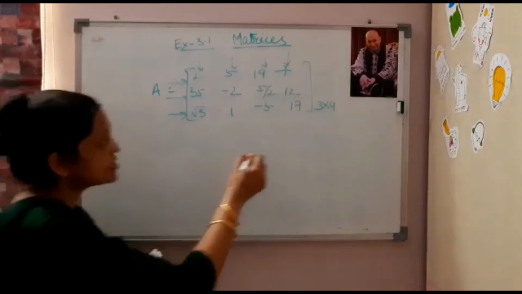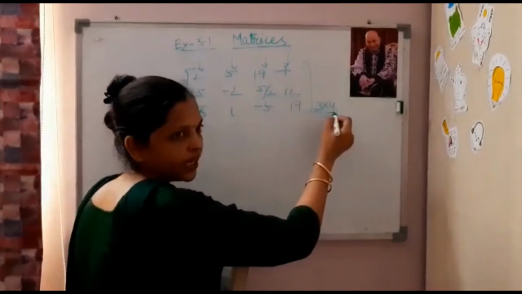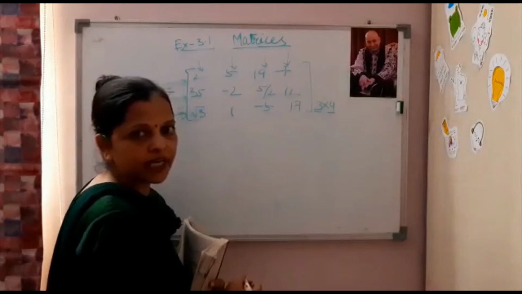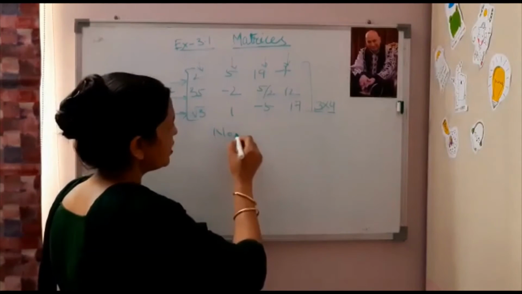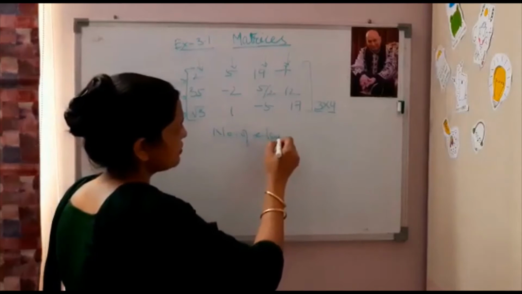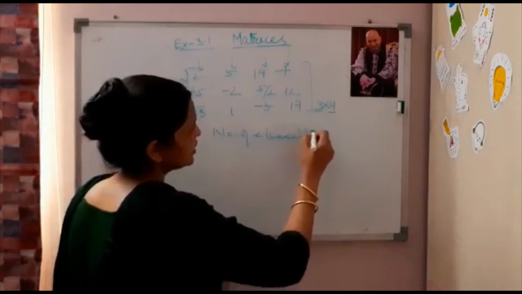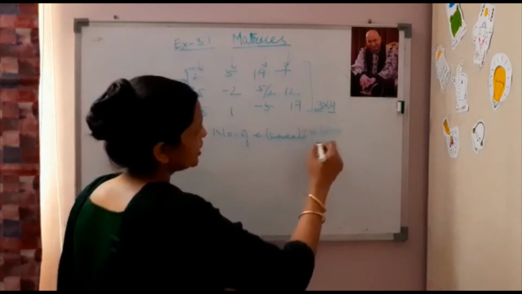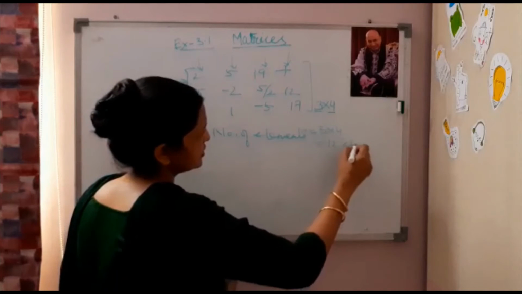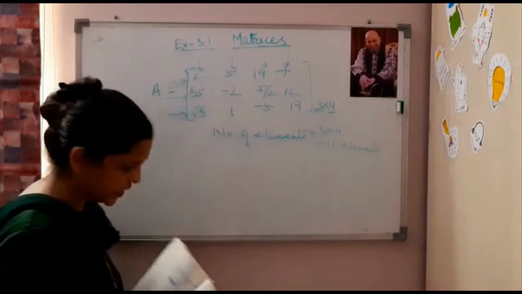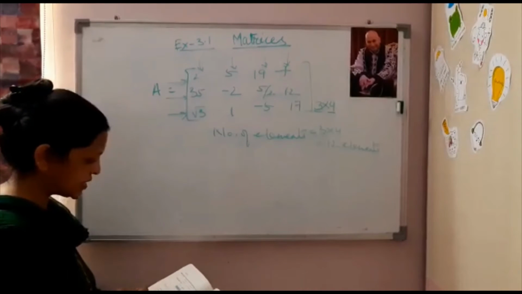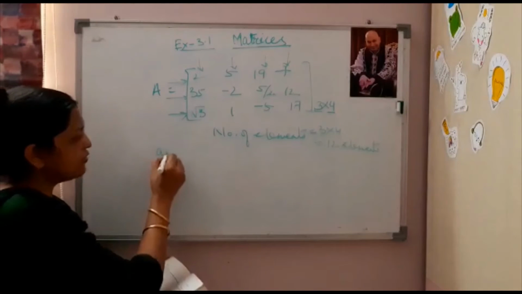Number of elements जितना order होता है उसको अगर हम मल्टीप्लाई कर दें तो हमारे पास number of elements आ जाता है. So number of elements comes out to be 3 into 4, that is 12 elements. By that you will get the number of elements, right? Next is the elements. Elements उसने पूछा है आपसे A13.